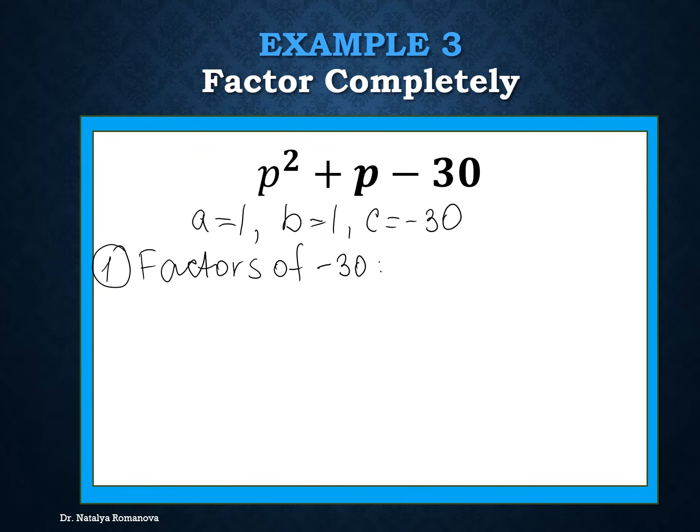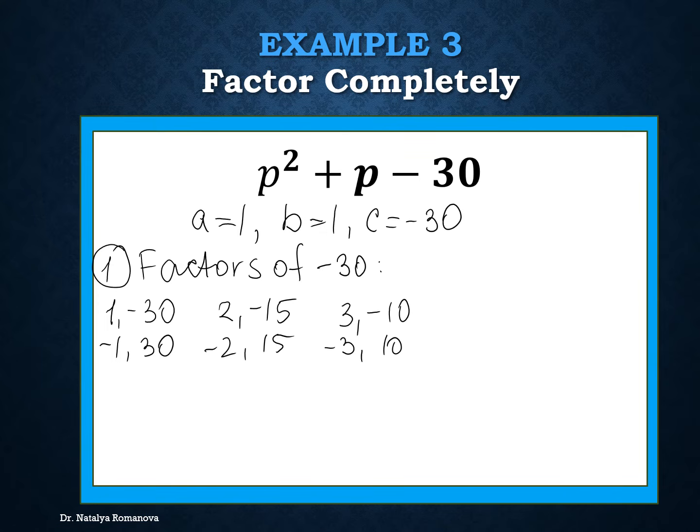We start. The first couple 1, negative 30, negative 1, 30. Next 2, negative 15, negative 2, 15. 3, negative 10, negative 3, 10. 5, negative 6, negative 5, and 6. Now we analyze, so we have to take the couple where the sum